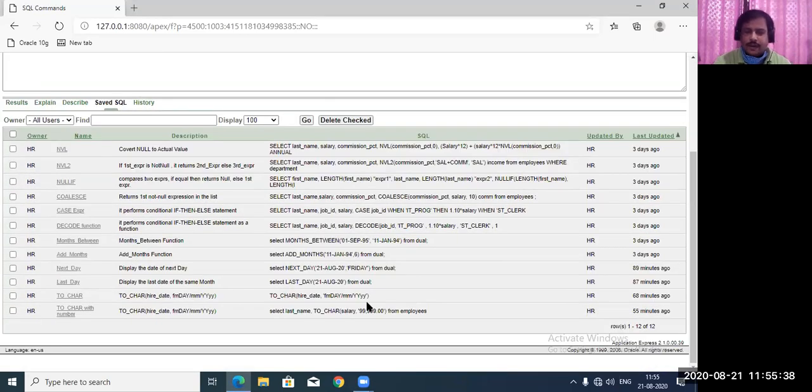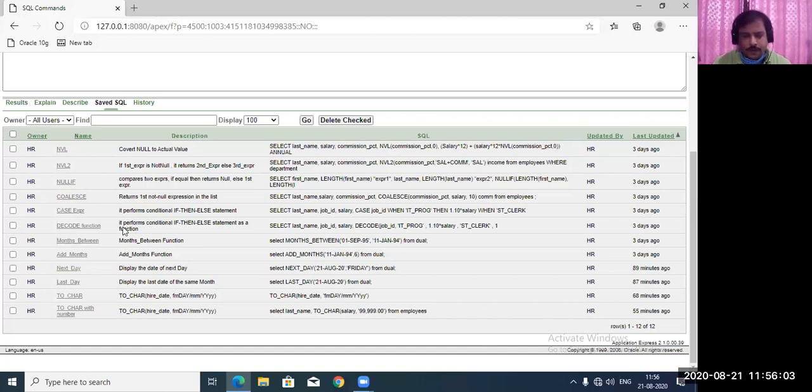I have explained everything. If you have any doubts, you can put some queries in the text box. If today time permits, then we can discuss. Otherwise, the same query I can discuss in the next subsequent lecture, right? Don't worry. Just put your doubts in the chat box, right? So now this is about your date function.